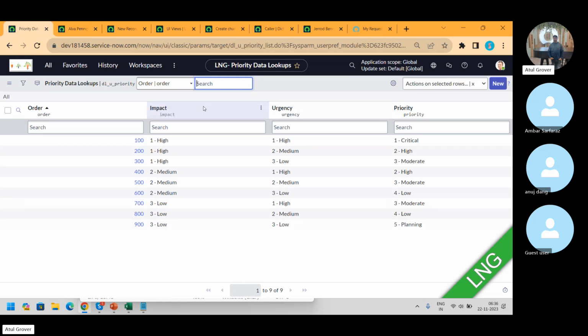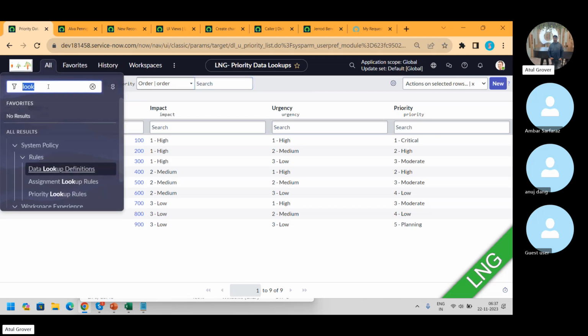How it has been defined is not the agenda for this training. Very clearly, guys, for this we need 2 different tables. We have to create the lookup tables, and then we have to create the rules behind that. Because defining this doesn't work. There is a concept called the matcher and the setter. So this is coming from this table dl_u_priority. But if you go here,